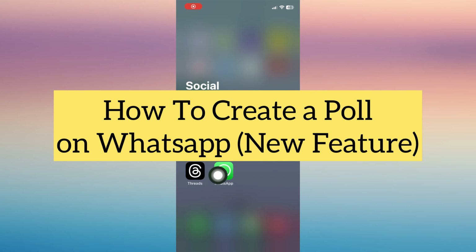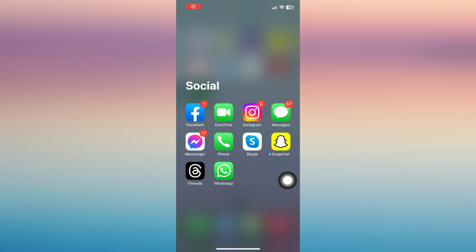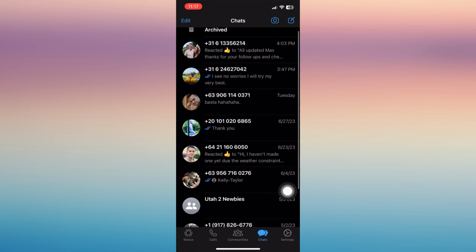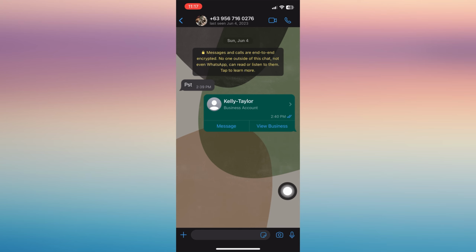Hi everyone, in this video I'm going to show you how to create a poll on WhatsApp. This is a new feature that we can use in the future. Now, all you have to do is choose any chat or a group chat from WhatsApp, then tap this